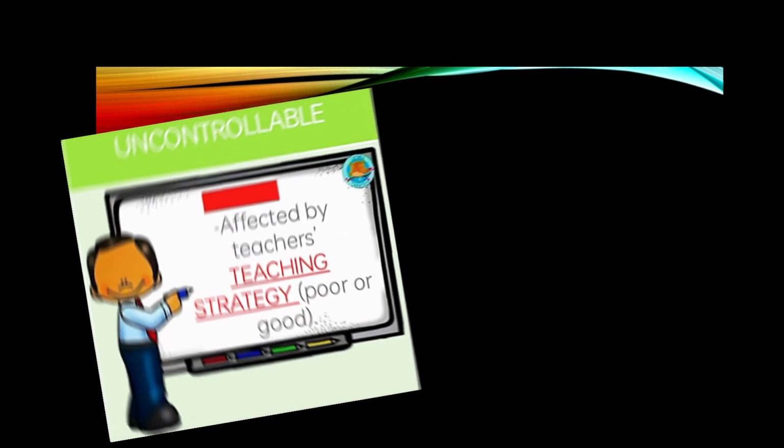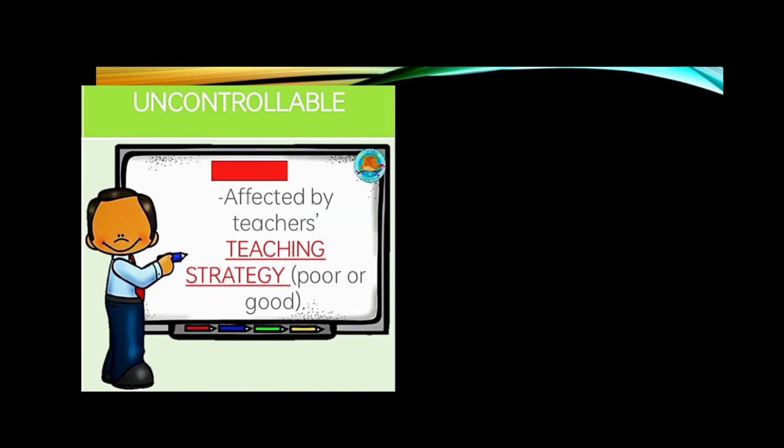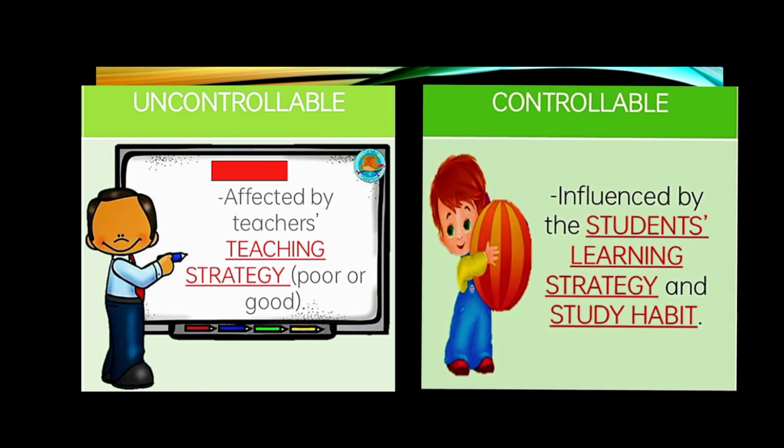Best example for this are teachers' teaching strategy, and students' learning strategy and habit. If attribution is coming from the teacher's teaching strategy, then it is uncontrollable or out of the student's control. However, if the attribution is coming from the student's learning strategy, then it is the student who is in control. So if he had a poor grade because he is not listening, then he can adjust next time and learn to listen during the lecture in class.